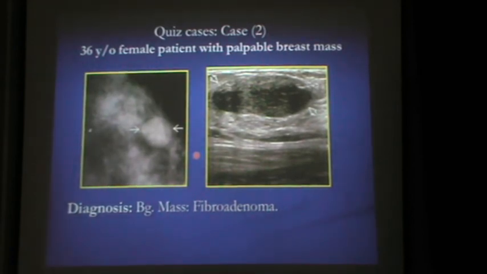A 36-year-old female patient with a palpable breast mass. By mammography, it is a well defined